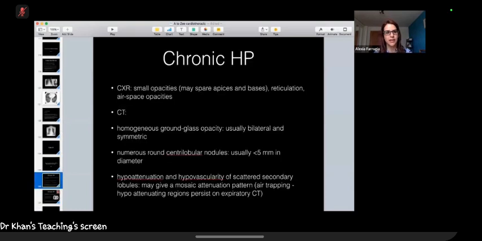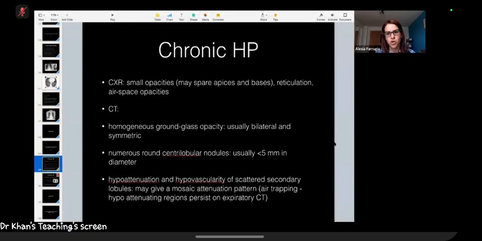Okay, so this was chronic hypersensitivity pneumonitis. Chest X-ray, very, very non-specific. Small opacities may spare the apices, as in this case. Sometimes spares the bases, not in this case. There's reticulation, there's airspace opacities. And then on the CT, we could see